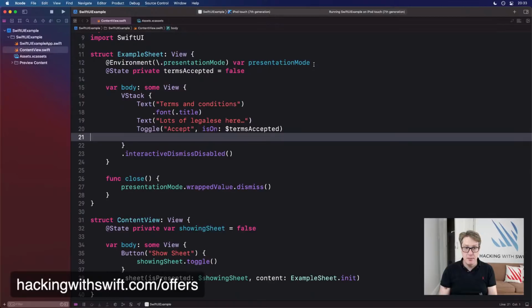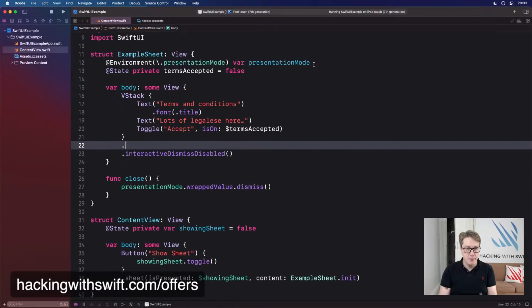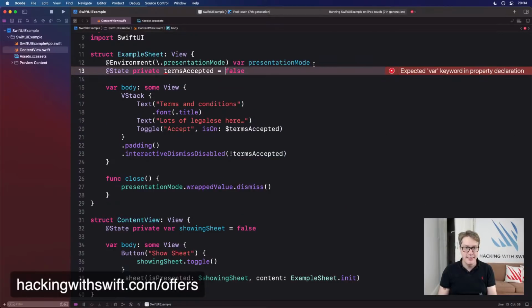I'll ditch my dismiss button, and add a bit of padding around this. And we'll say interactiveDismissDisabled with not termsAccepted. Like that. Oops, var. Yeah, I knew that. var.